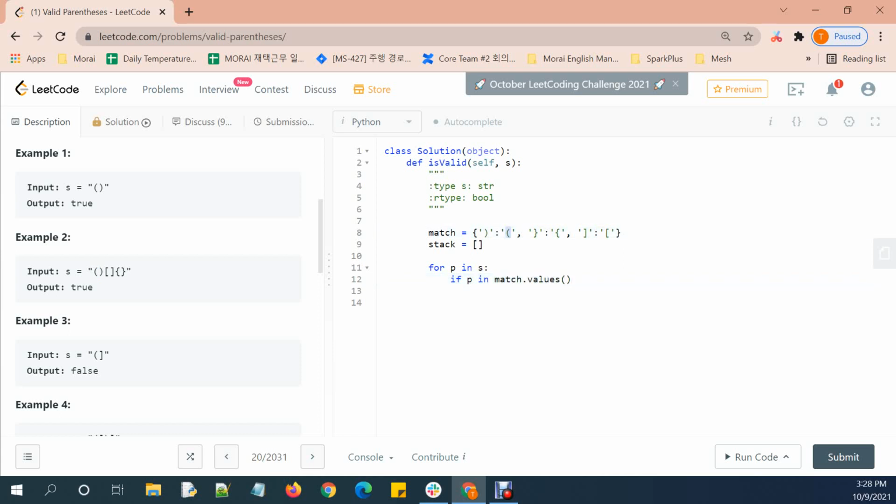Because all the left-hand parens are stored as values here, in key-value pairs, then we're gonna just append all those values into a stack. However,